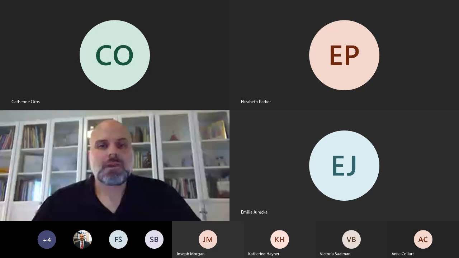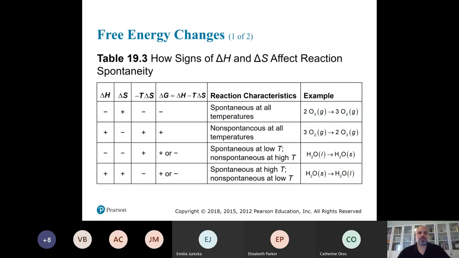So we left off talking about these different possibilities for free energy, basically how the differences in delta H versus delta S, whether they're positive or negative, can overall affect the free energy of the system. And remembering that free energy is basically the availability of energy in the system to do work, right? Whether that's productive work, and that work, usually in regards to a chemical reaction,